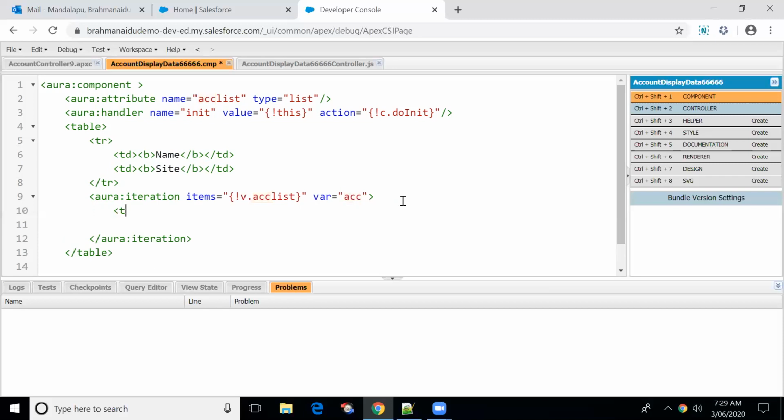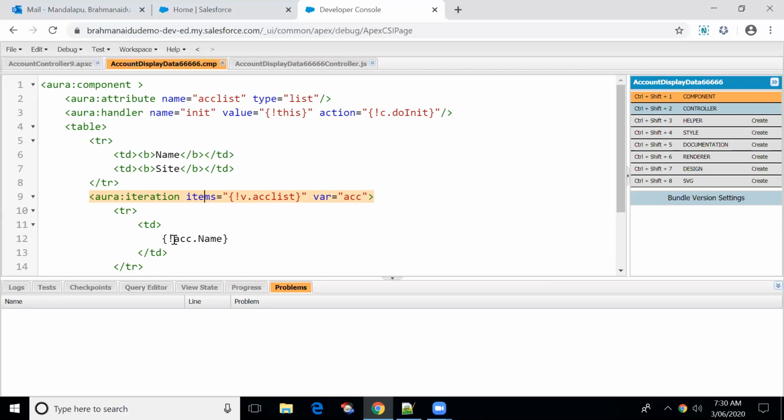All right, so tr. I want to display the first column for name, right? So ACC dot name. We don't have to put a value provider here, because we are already putting the whole data into items, and with the help of the reference variable name we are accessing the data, right?